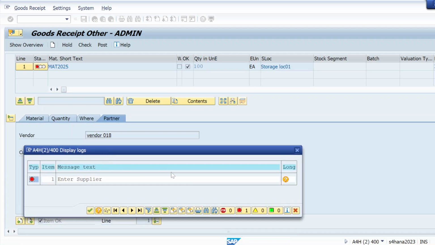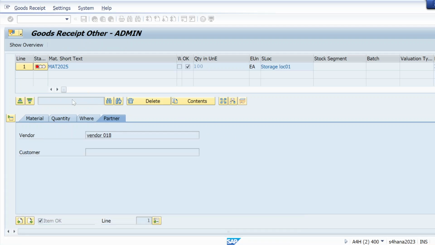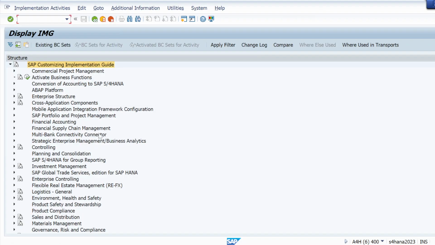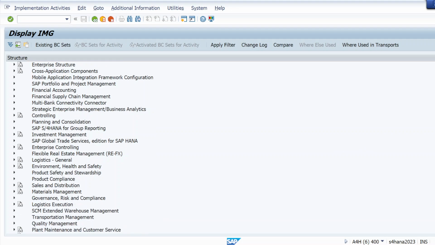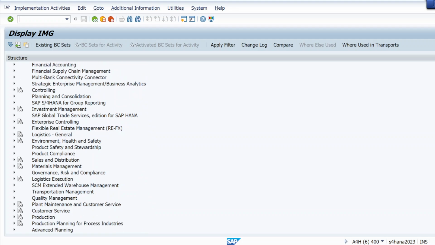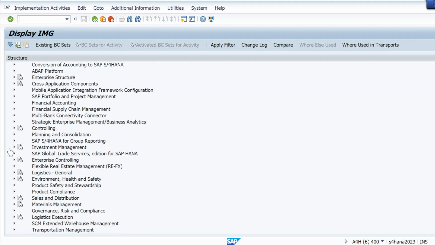Okay, let me do one thing. Then let me try in SPRO. Okay, this is the last step. After that, that PO will be created. But it's asking for supplier. Meanwhile, we are giving the supplier. Instead, it's asking. So we just check. Otherwise, debugging is required for that. So let's check first if we can do that.